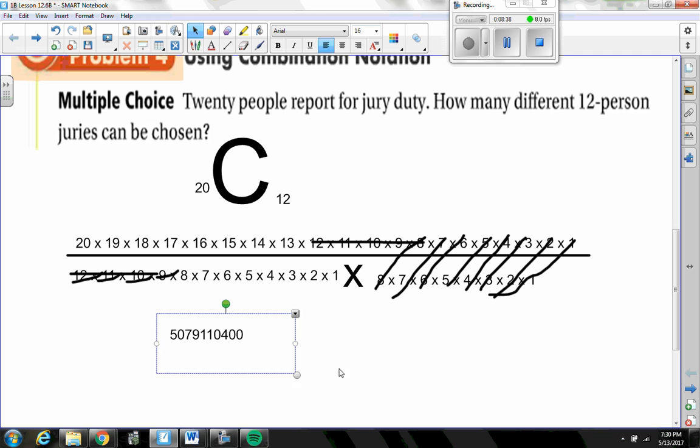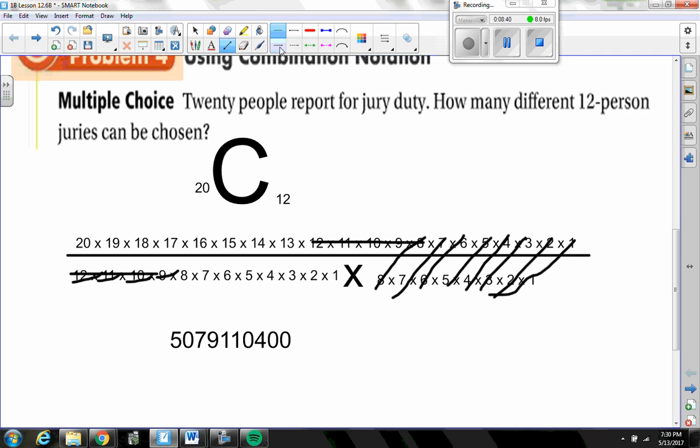That's the top of my fraction. And the bottom of my fraction ends up just really being 8 factorial. And 8 factorial is 40,320. So if I divide those two,